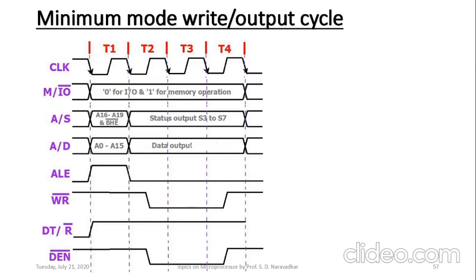So this is about that minimum mode write cycle or output cycle. You should be comfortable to draw a specific type of minimum write cycle. See, if question comes, draw and explain minimum mode memory write bus cycle. In case of this minimum mode memory write bus cycle, this M/IO bar signal should be shown to logic 1 here throughout this bus cycle. So this is about that minimum mode timing diagrams here.